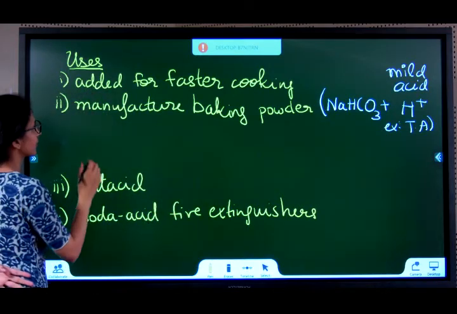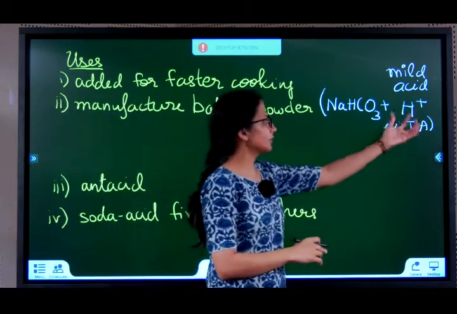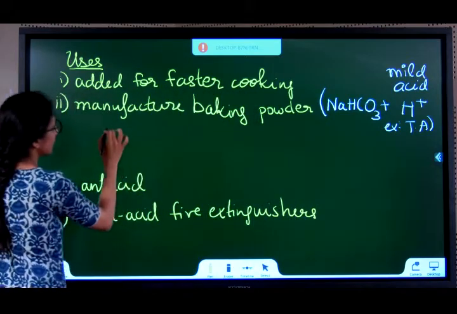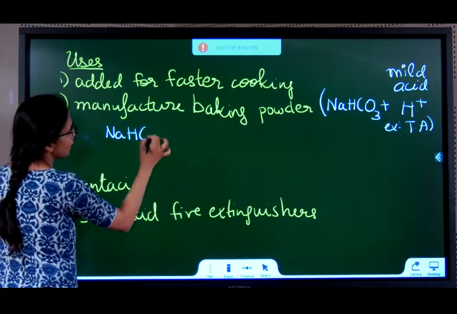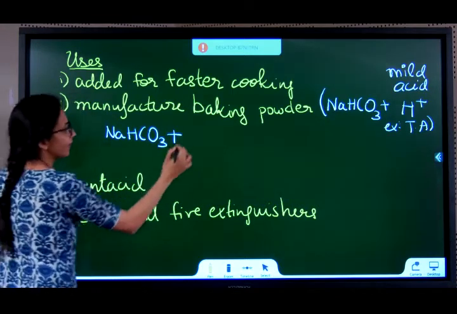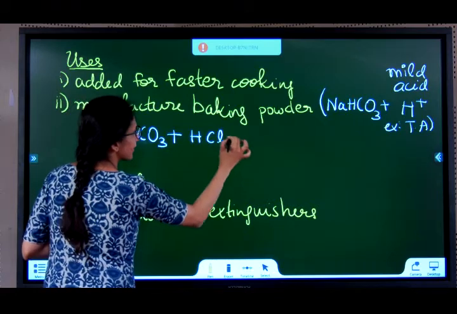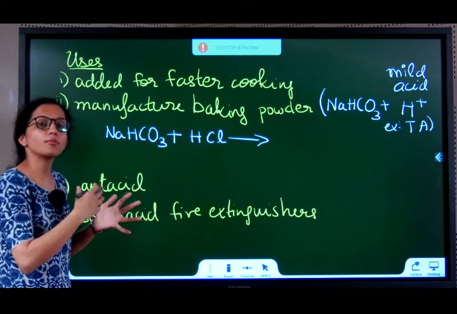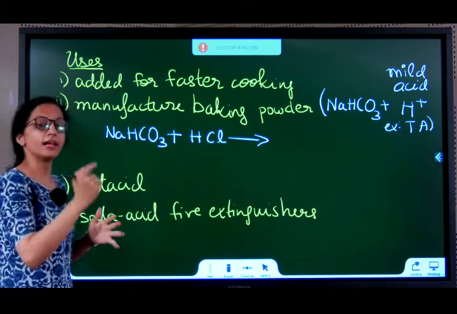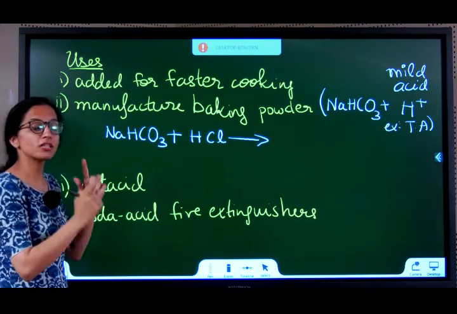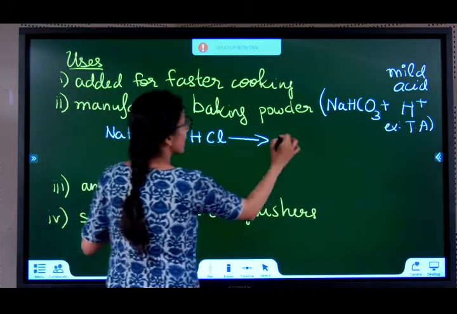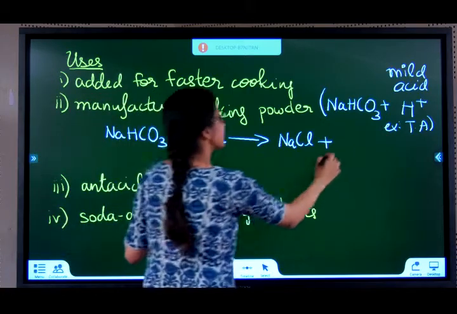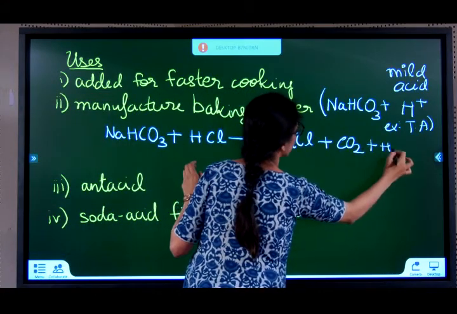How does this reaction work? It is going to be difficult to take tartaric acid formula. So first we will do it with a normal acid and then we will generalize the reaction. See, if I take sodium hydrogen carbonate and make it react with an acid, let's just take for example for now HCl, okay? Sodium hydrogen carbonate reacts with an acid. We have already studied how carbonates and hydrogen carbonates react with acids. If you do not remember, rewind the videos, have a recap and come back. So what happens? It forms a salt along with the liberation of CO2 gas and H2O. This we already know.